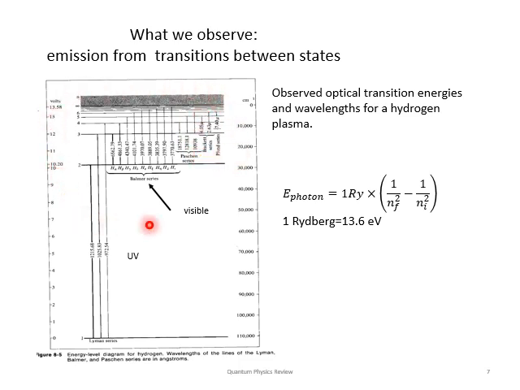So all of this was seen before the theory that we're about to talk about. What was observed was that the energy of the photons that come out of this system fit a pattern. They were equal to 13.6 electron volts times 1 over an integer squared minus 1 over another integer squared. And that's sort of a neat thing to observe, that there was this pattern of integer ratios. And again, that was worked out